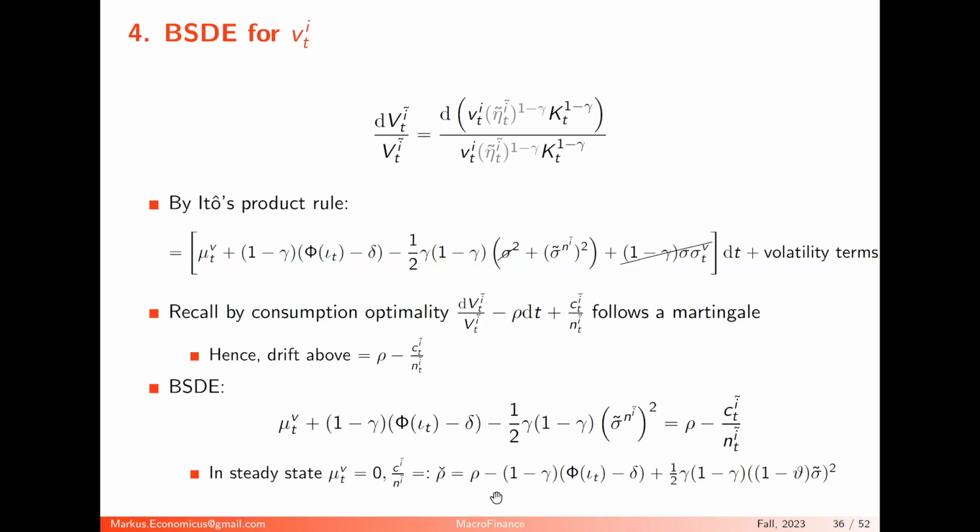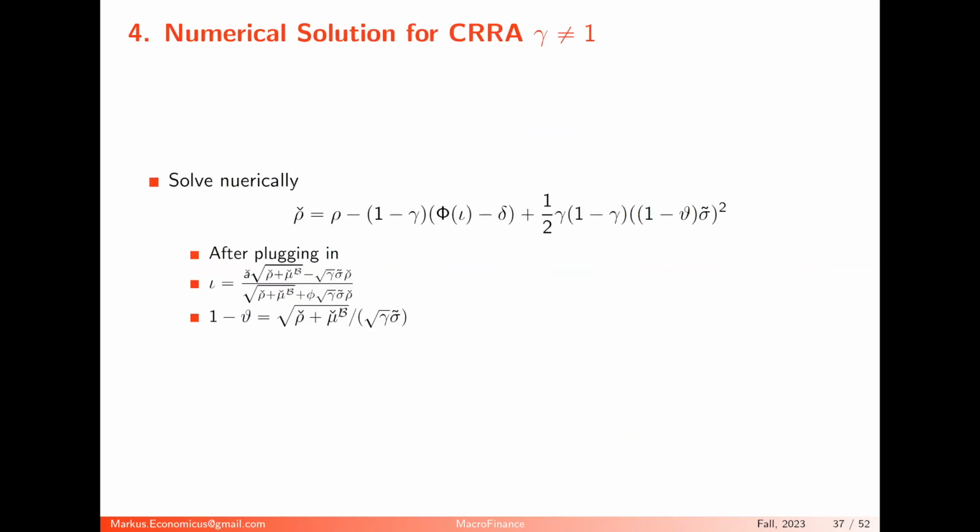Okay. How do I solve this? This is just from the last, or numerically, there's an M missing here. That's just rho hat is just rho minus 1 minus gamma. So if you're in log utility, you can see already this whole thing goes away. So I plug in for this iota. I have the explicit expression here. And I have this 1 minus var theta. I have the explicit expression here as well. I plug it in, and I have to solve this in the computer. Okay.